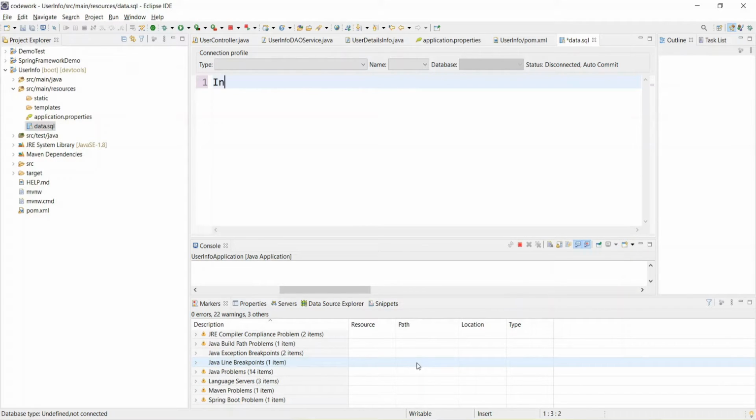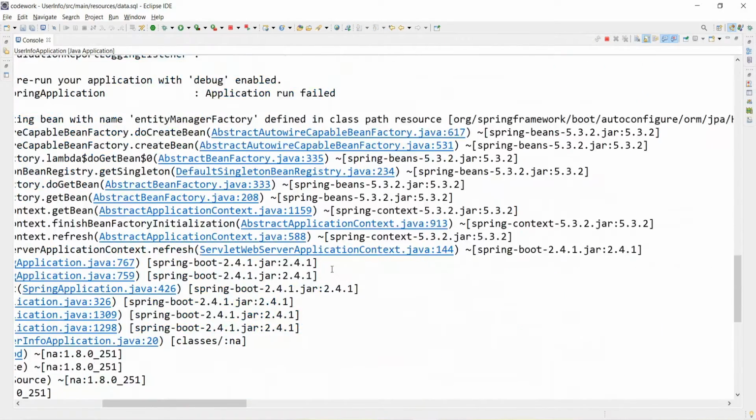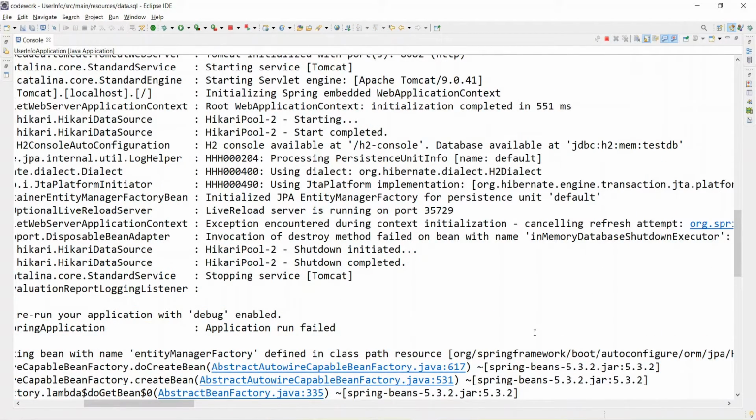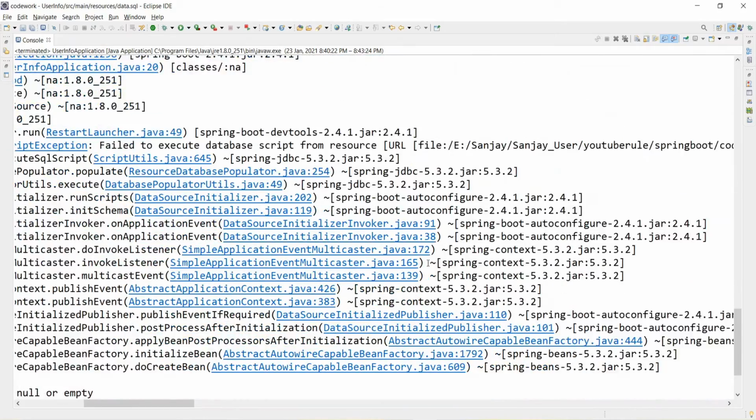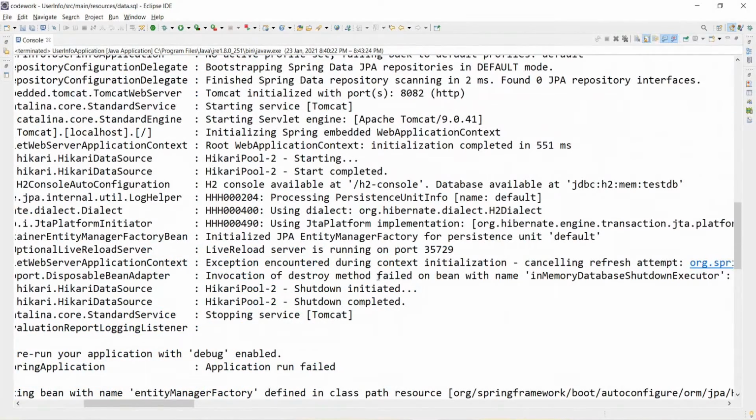So how can you write the query over here? You need to write insert into, and what is the table name that we have seen? The table name is user_details_info, we have already created. Better to close this, else whatever we type will be picked up as changes and this will give an error.